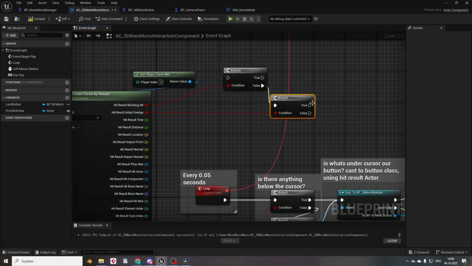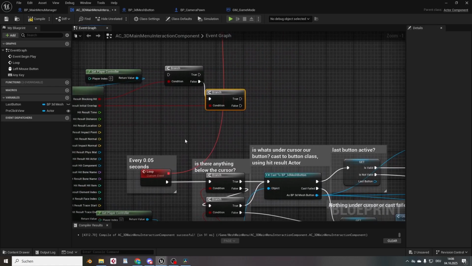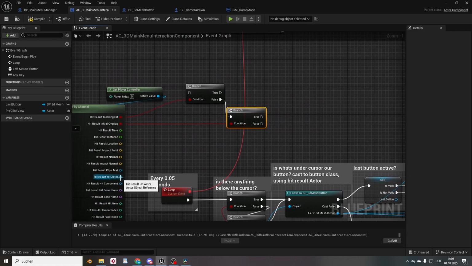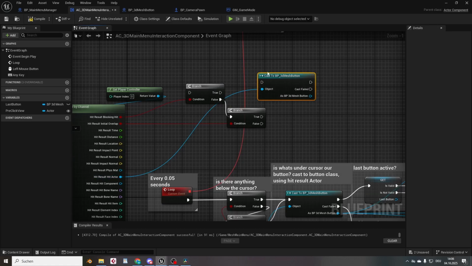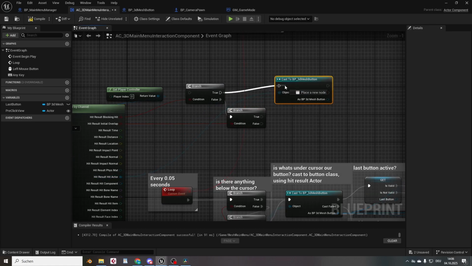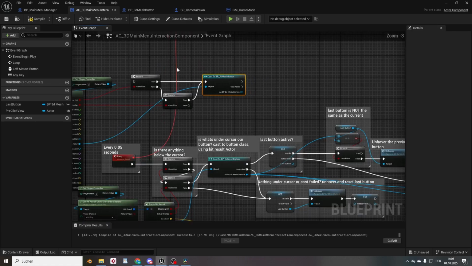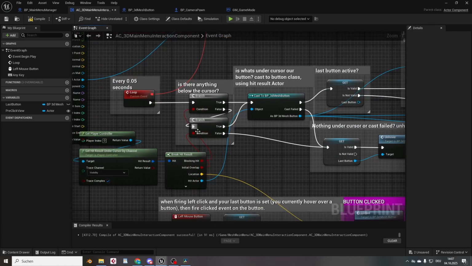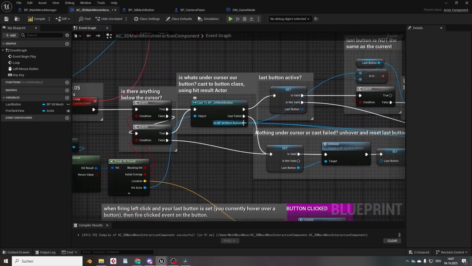And here's actually something. Now, in order to access our 3D mesh buttons, which are actors, we can just cast to the 3D mesh button, okay? So when that's fired or anything was found, we are going to cast to the mesh button, which is just set up like here, okay? And now from the mesh button,